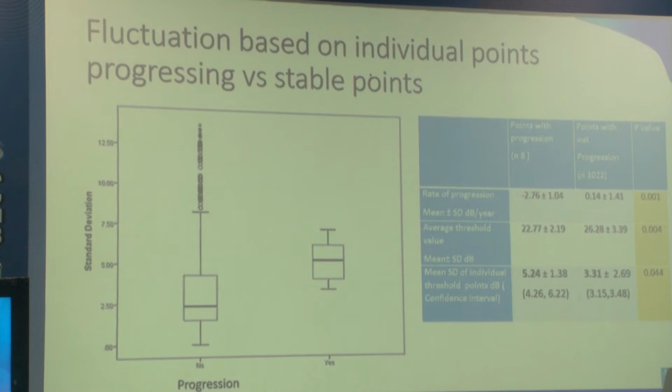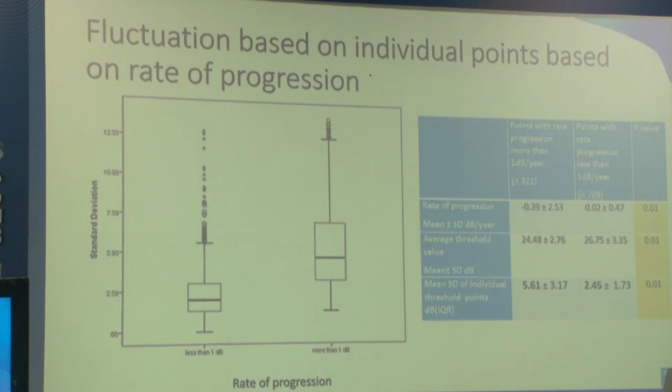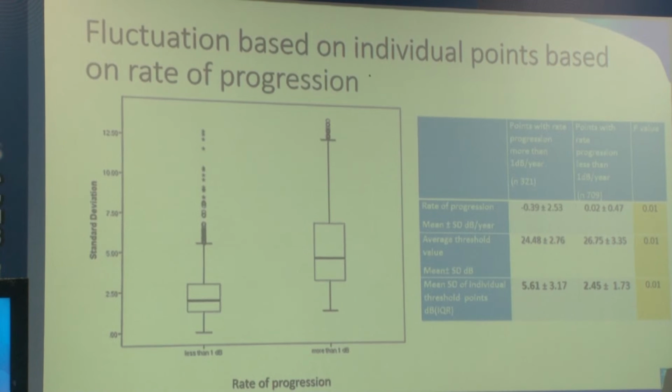They showed lesser threshold values, higher rate of progression, and the standard deviation of fluctuation was 5.24 decibels, which was higher than the stable point. So when we compare the individual point based on rate of progression, the point which have rate of progression more than 1 decibel per year, they definitely showed higher standard deviation of fluctuation, which was around 5.61 decibel, and they